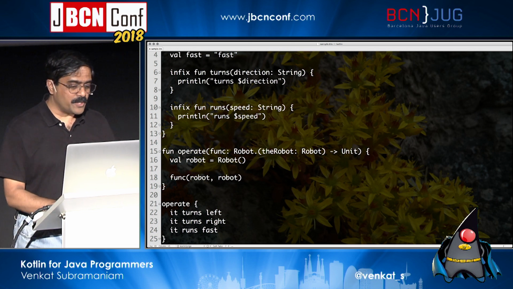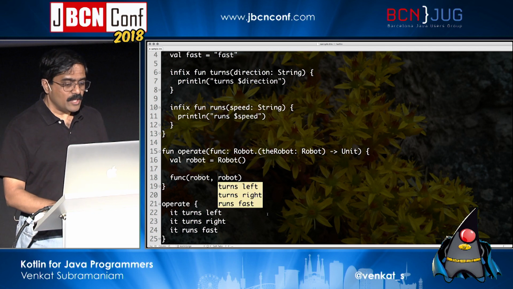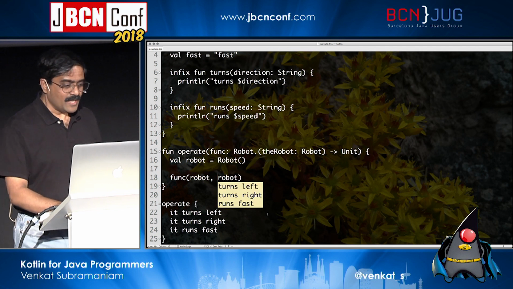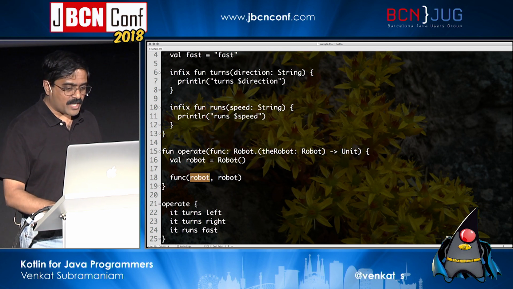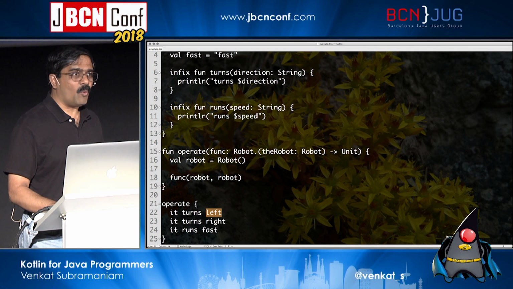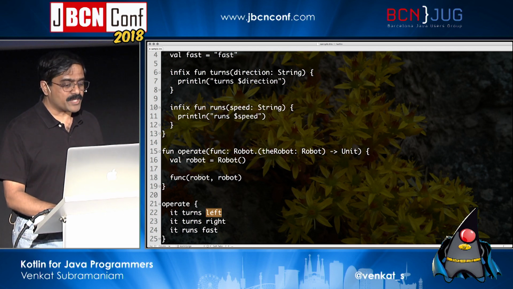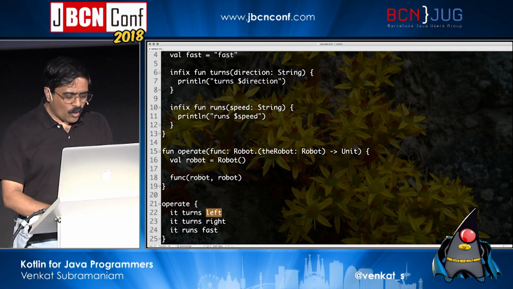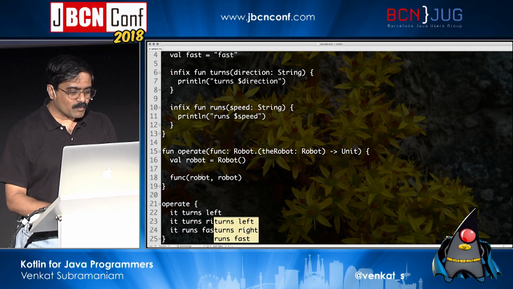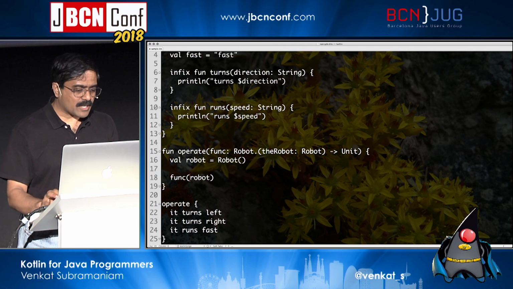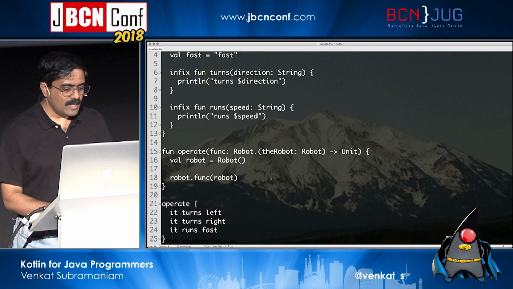So notice what I'm going to do. I passed robot and robot. So what did it really do at this point? It took this robot for this, and it took that robot as an implicit object. So when it found something it doesn't know what to do, it automatically calls on this. Well, okay, that worked, but maybe we can do a little bit better here. Why not simply say, after all, this is a context object, so we'll say robot.function robot, and there you have